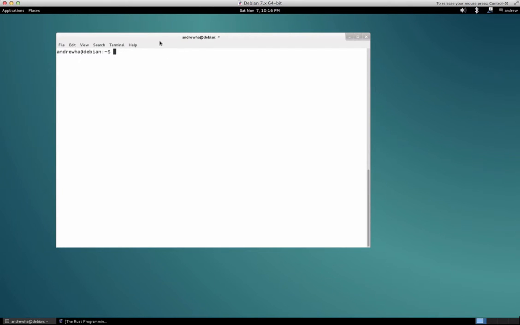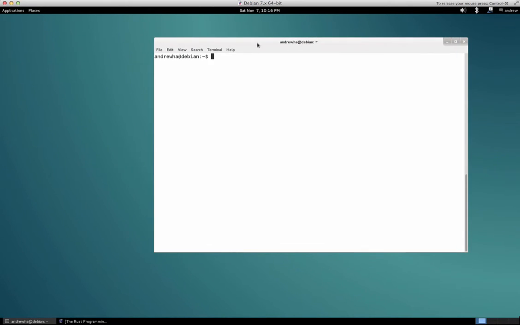Hello everybody. My goal is to install and run the Rust programming language. I've never done this before, and I'm obviously new to the Rust programming language. I do have a lot of experience with C programming. I'm an industry professional, and